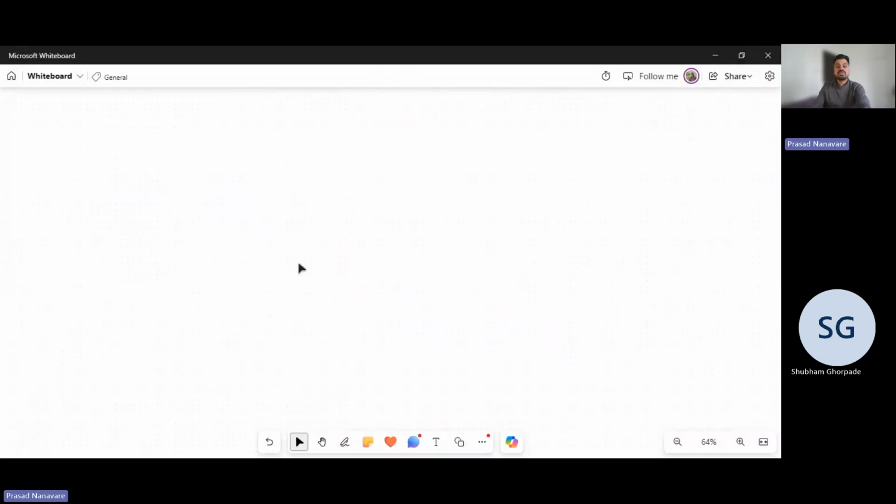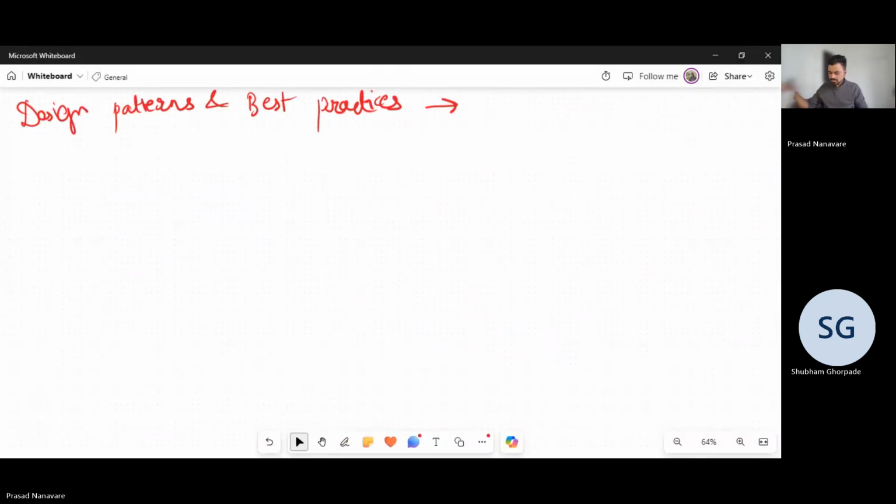Now design patterns for embedded systems we will study, okay। There are a lot of design patterns and, you know, best practices. We'll study a couple and then we'll revise. Okay, first pattern is state machine pattern, okay।